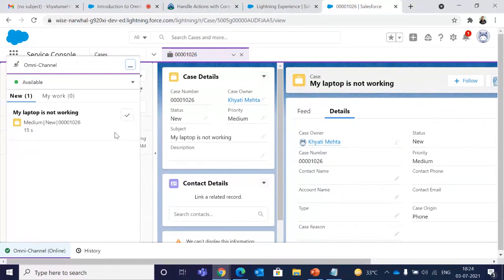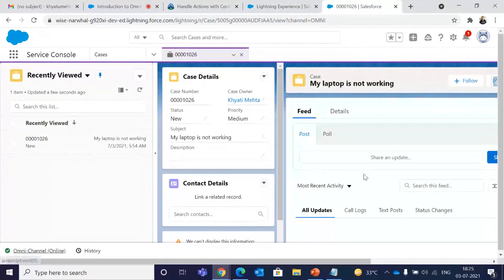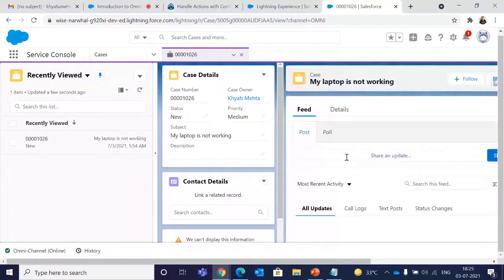This is from an agent side, and this is the case that I've created just for the demo purpose. This is how it works. So you can see there's a tick button. So if I click on this, that means the case will be routed to me as an agent. So now you can see this is the work I'm working on. I can see all the updates here, everything, and I can chat over here. So this is how it works.